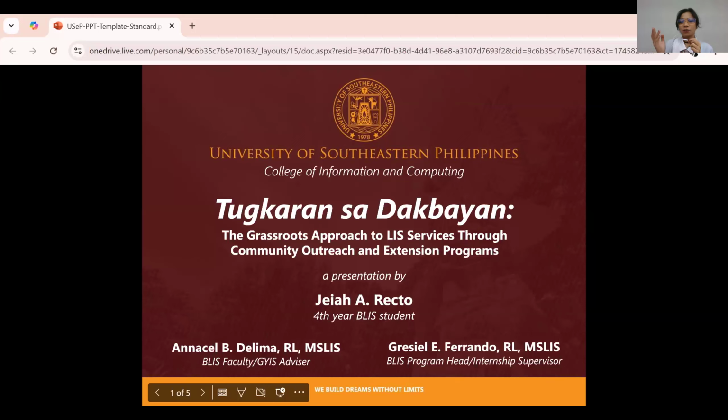I derived the title of my presentation from my mother tongue, Cebuano, and the word tugkaran refers to a backyard or an open space. As a child growing up, our tugkaran has always been a communal space where I played with my cousins and my friends. The tugkaran, the backyard, is also where I studied, under the cool shade of our kaimito tree. In this regard, a tugkaran can be considered a third space, so to speak.